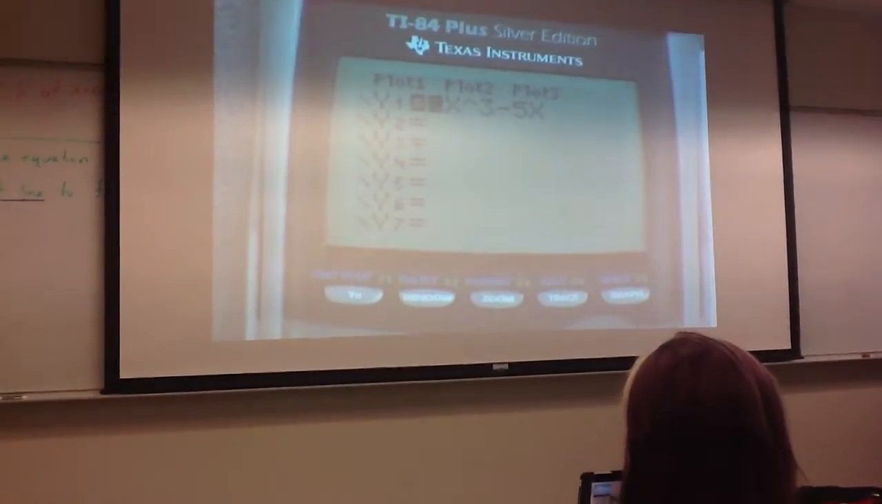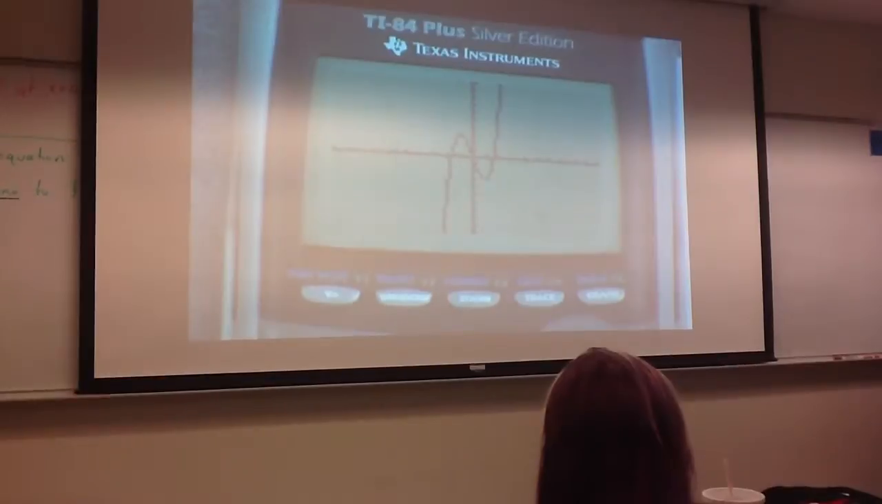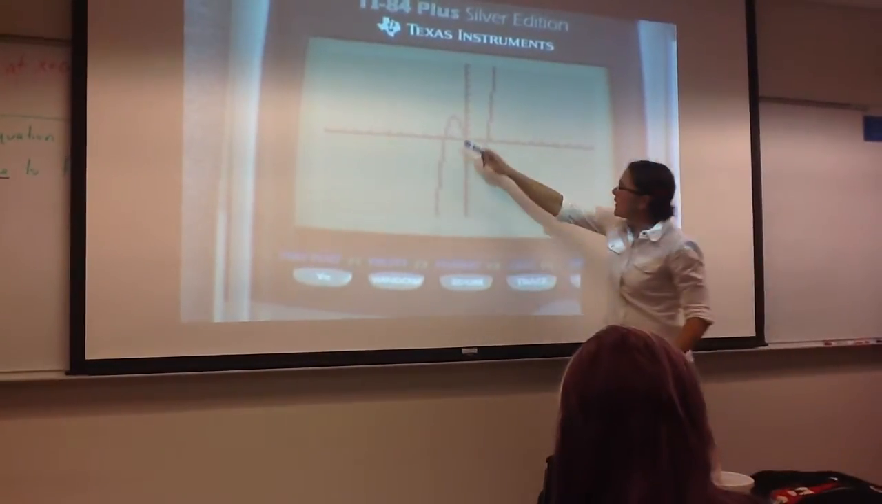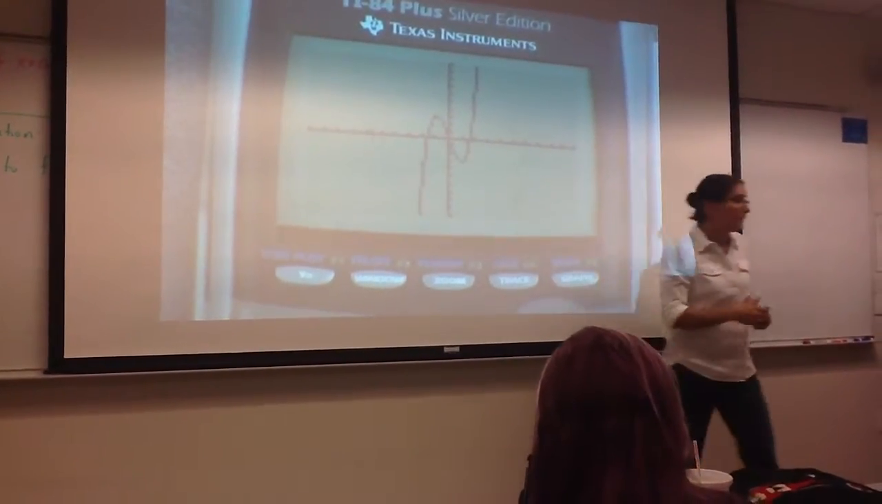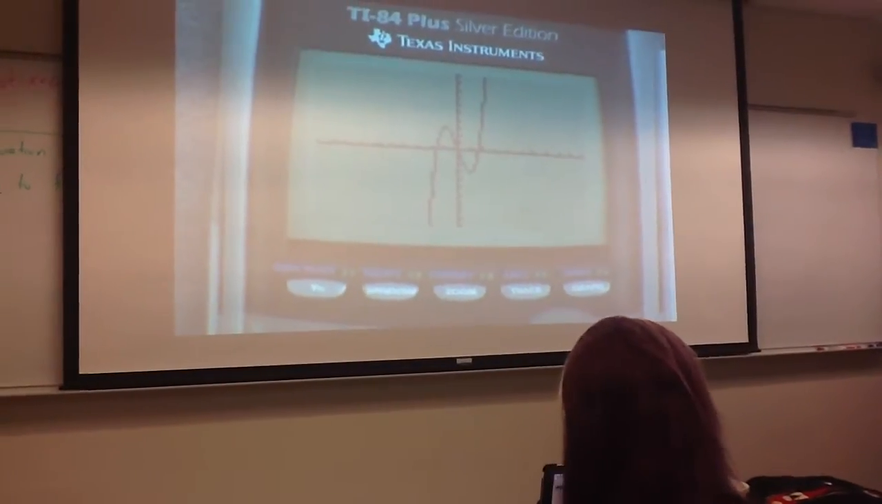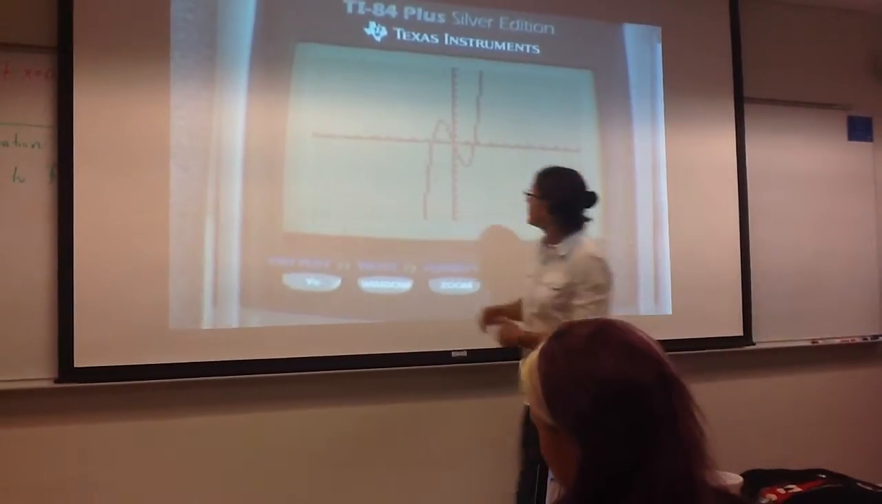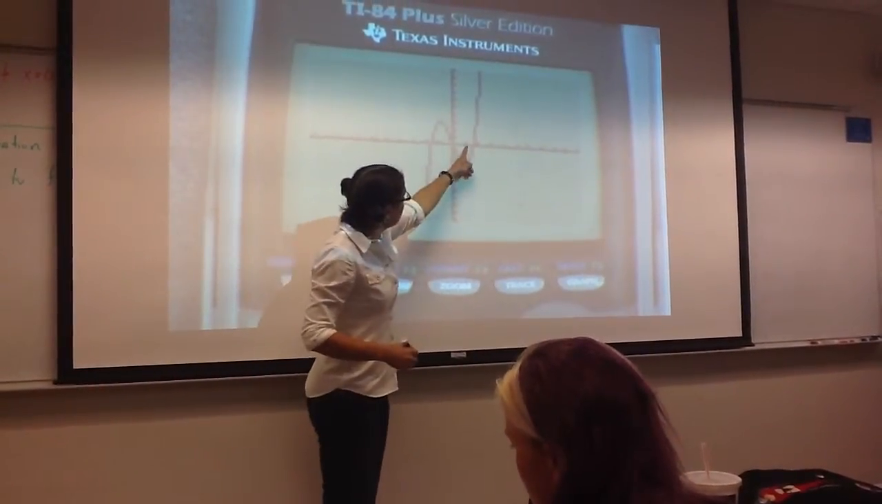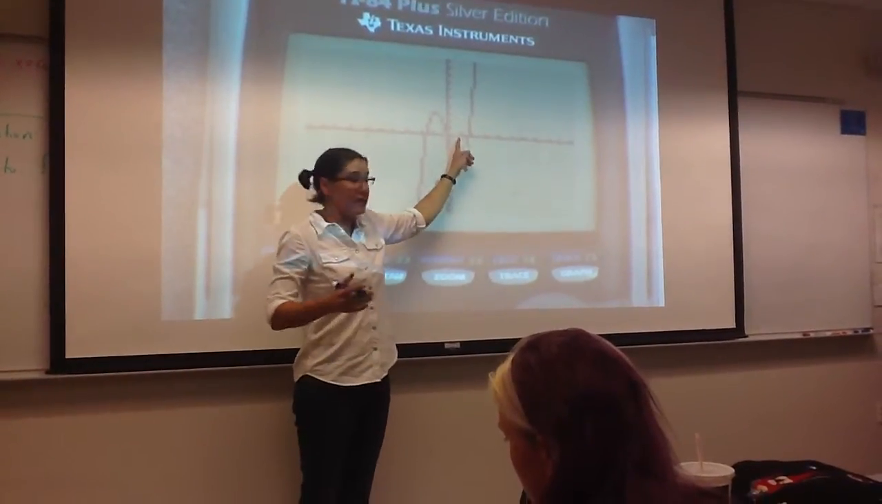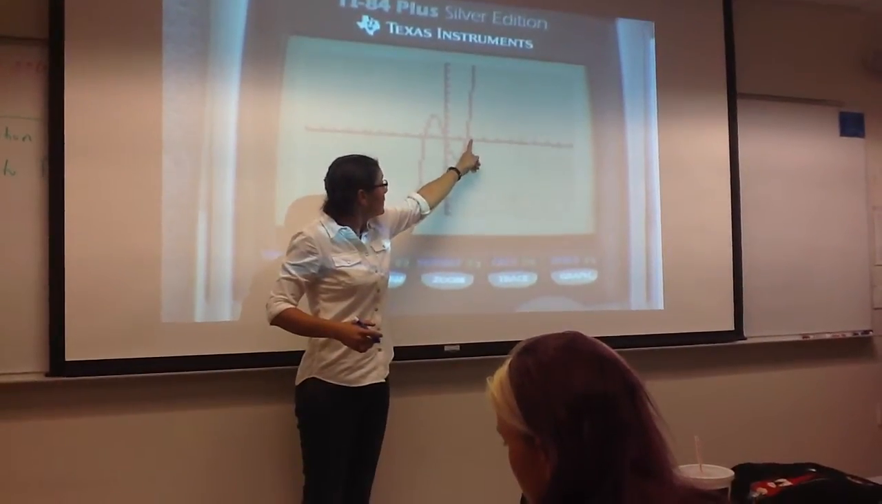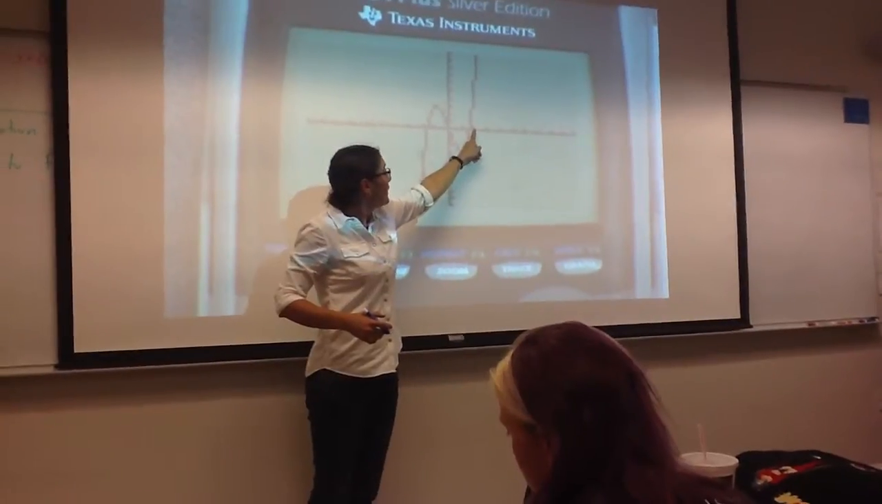2x cubed minus 5x. So here is our function. We're interested in looking at this function when a is equal to 2. And so here is our a value, 2. That's an x value. So when x is equal to 2, we look up at our